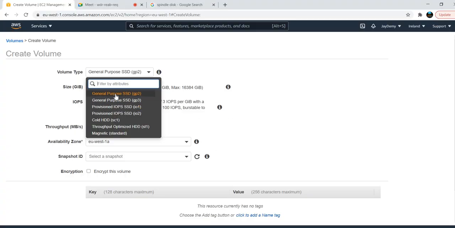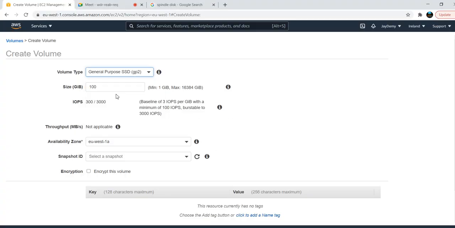If you see here, first we will take GP2, general purpose.